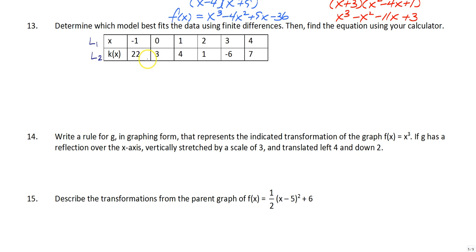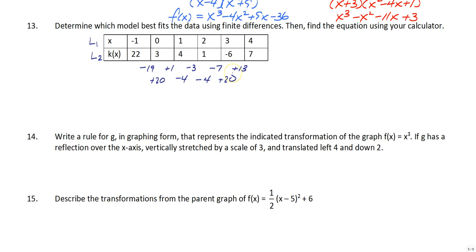And that's the finite series. So you ask, how do you get from 22 to 3? And that would be a negative 19. How do you get from 3 to 4? You add 1. From 4 to 1, we would subtract 3. 1 to negative 6, we subtract 7. From negative 6 to 7, we would add 13. And then once we notice that it's not the same, we do it again. How do you get from negative 19 to 1? You add 20. And then we would subtract 4,